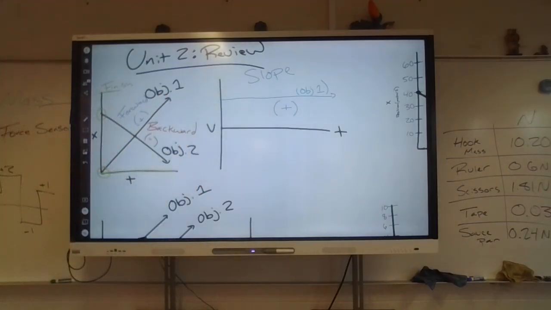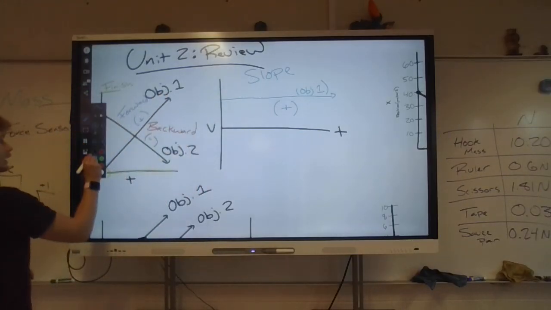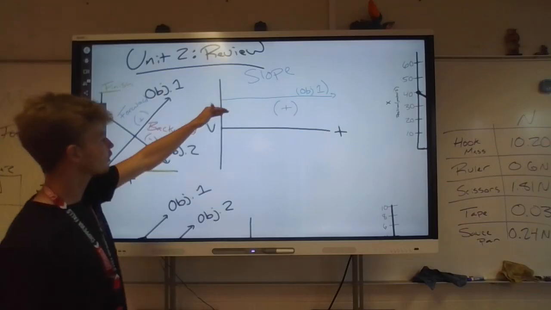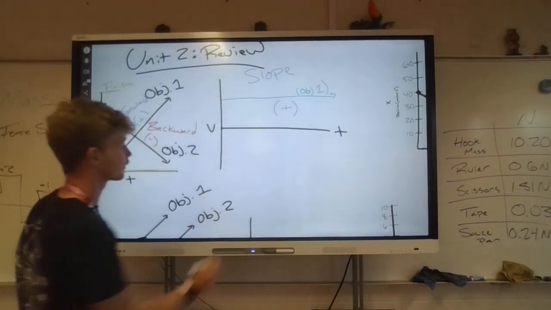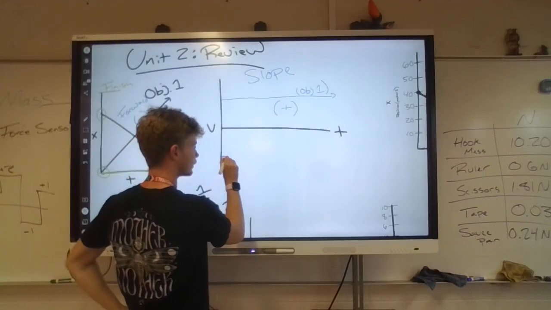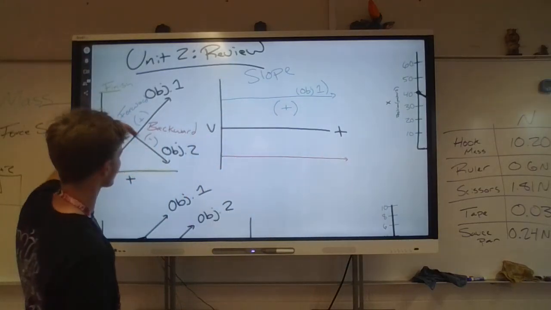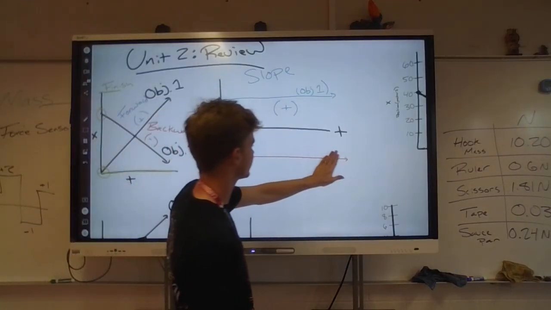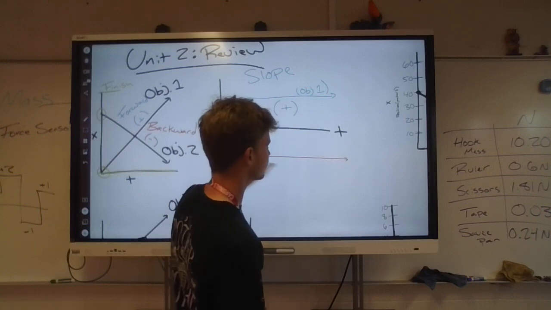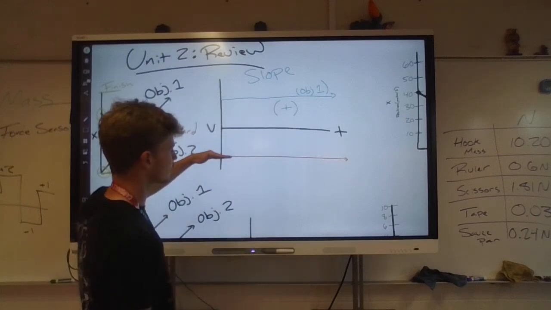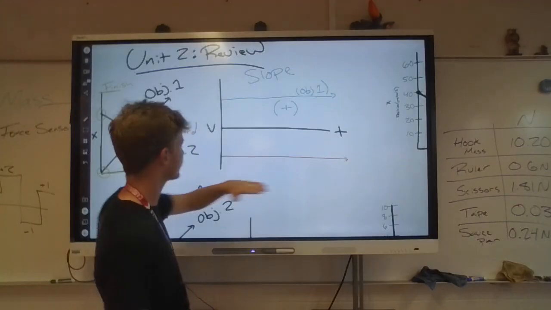Now, how about for object 2? Object 2 is in red. It has a negative slope, so I'm just going to put it in the negative region of the velocity versus time graph. I'm going to put it right here. And it's a pretty straight line right here, so its slope is pretty consistent. So that means the slope here is going to be the same. Whatever value it is, if it's -1, -2, it's going to be the same negative slope